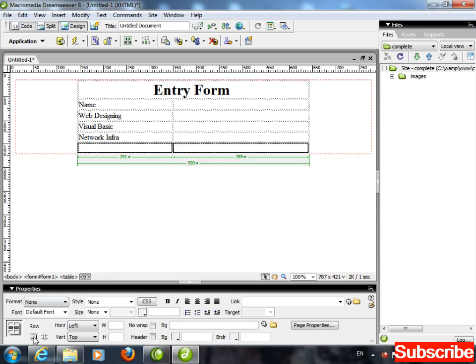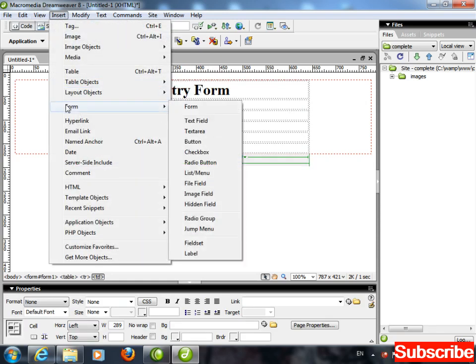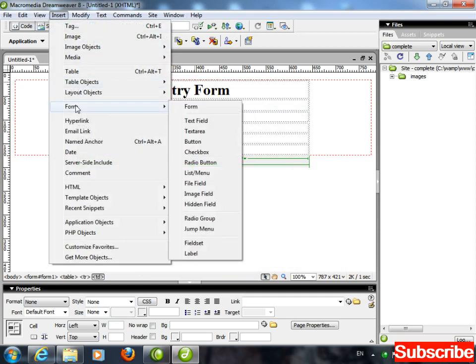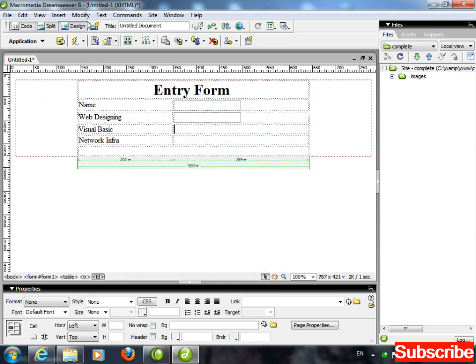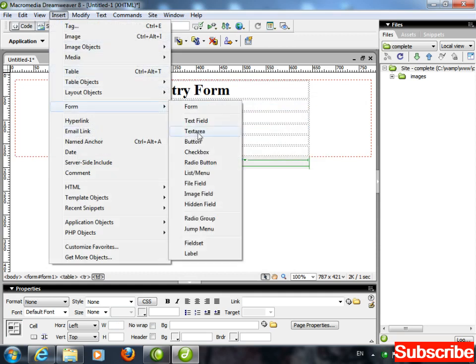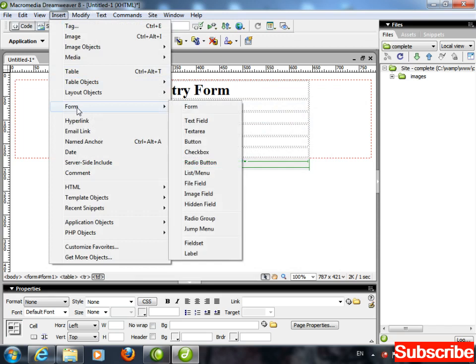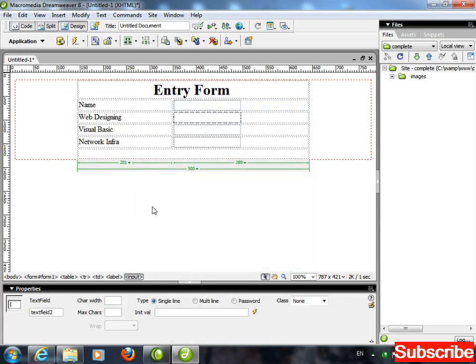Last as well merged, and element right. Now in front of name, insert form, text field, insert form, again text field, in front of Visual Basic, insert form, text field, and network infra, insert form, text field.